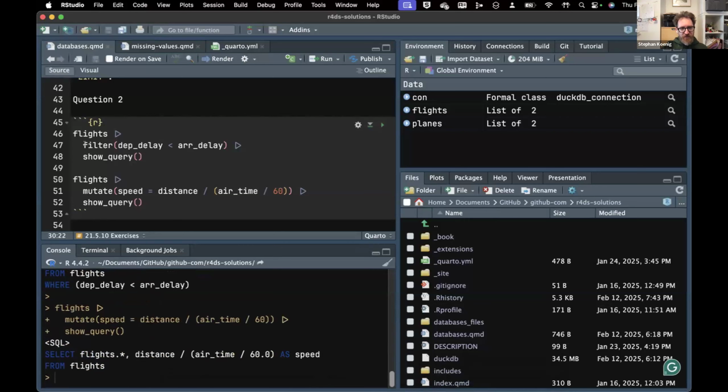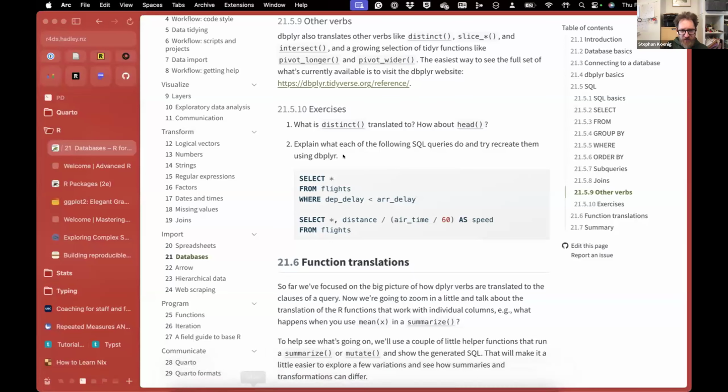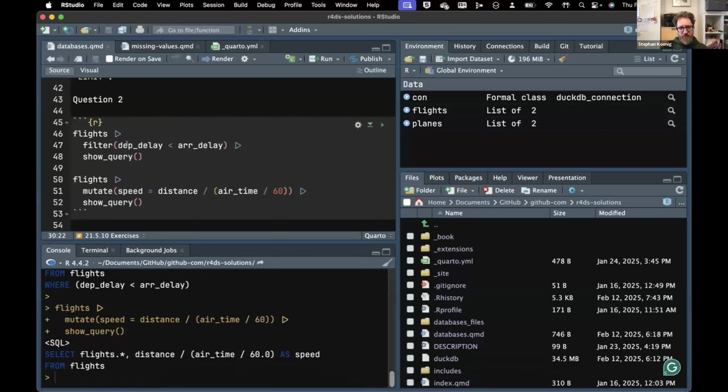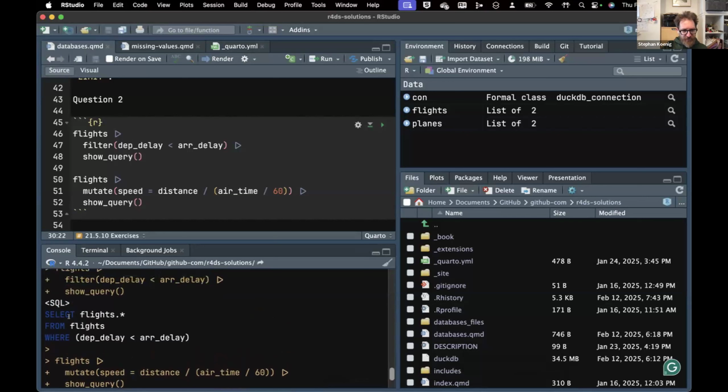So the first one, let's just double check, where the departure delay is smaller than the arrival delay. If you go back, it's just filter, obviously, in dplyr when you do conditional filtering of your rows. The departure delay is smaller than arrival delay. And then I do the show query here at the end, so I can see the actual output of the command. So then you see here it's select flights, and then here it's where departure delay is lower than arrival